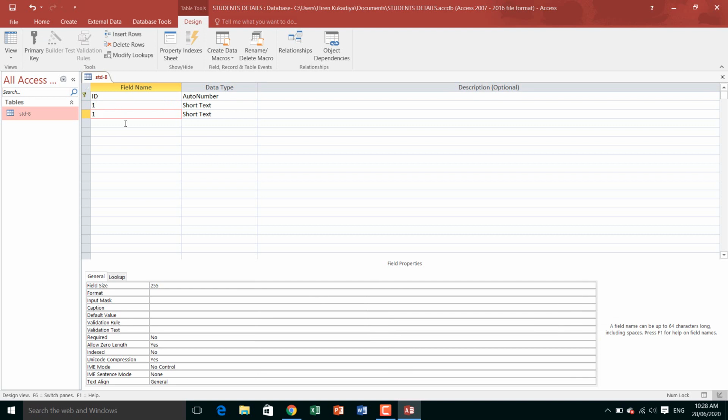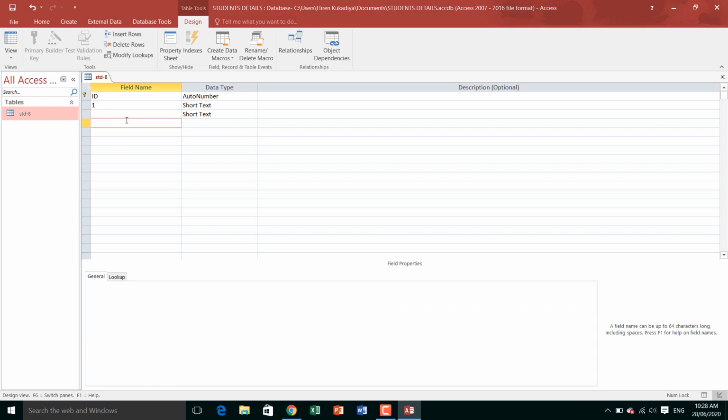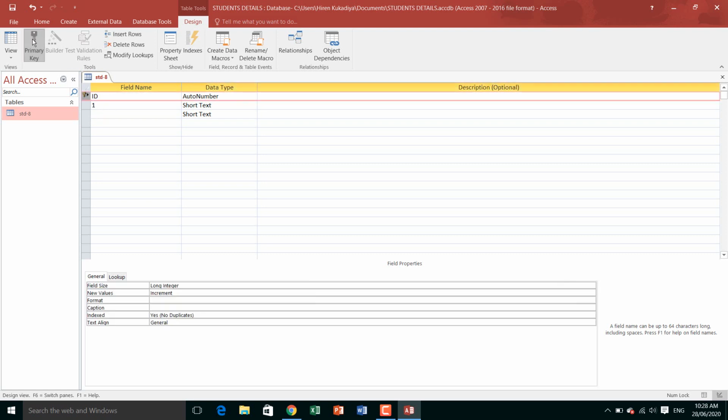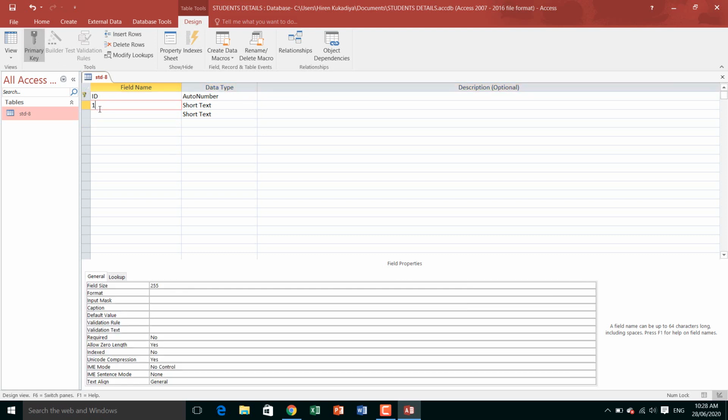This is our design view. In the datasheet view, when you keep the data, you cannot enter any record two times when you use the primary key. Understand? So here we are using the primary key.